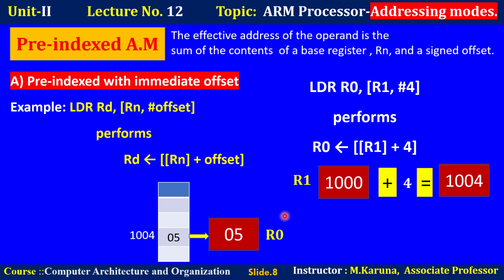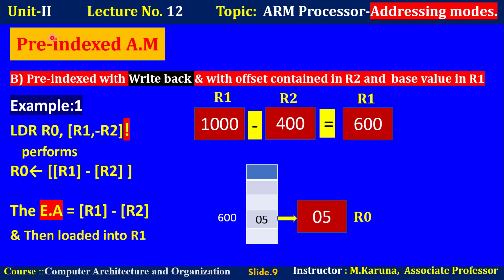Likewise, data can be accessed with the help of pre-indexed with immediate offset. Before accessing the data, the effective address is calculated. That's why this is known as pre-indexed. Next, under the pre-indexed addressing mode, we have another two kinds of operations: pre-indexed with write back and with offset contained